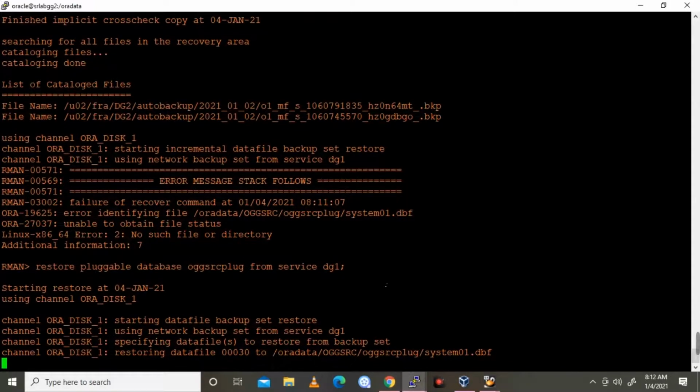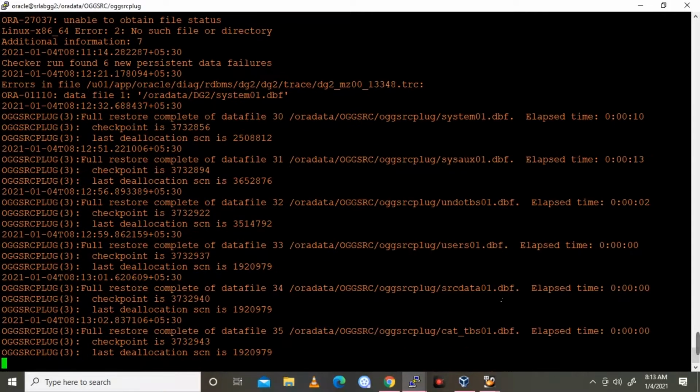So now I'm going to restore the pluggable database. Only that particular pluggable database I'm going to restore. That data file will be restored on the standby side. I'm not restoring the entire database.